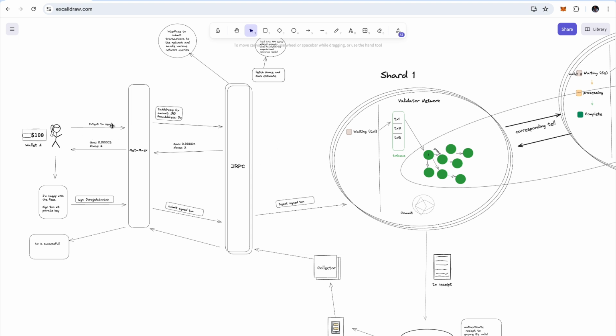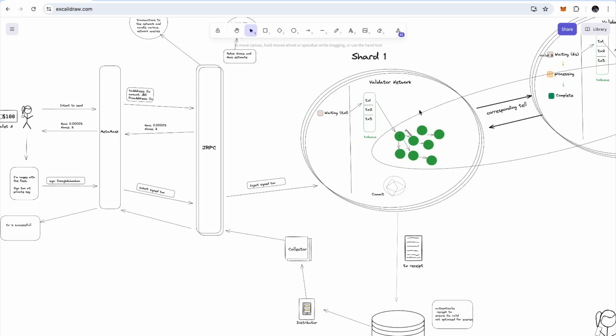The user initiates a transaction. The transaction goes through MetaMask, where the user will provide the transaction details: who you're transferring money to, and how much you want to send. The JSON RPC server is going to get a gas estimate and a nonce and send that back to MetaMask. MetaMask will let the user know, hey, this is the gas fee that you will likely pay. The user will sign the transaction with their private key and send it back to MetaMask, which would then submit the transaction to the Shardeum JSON RPC server, which would then inject that signed transaction into the validator network